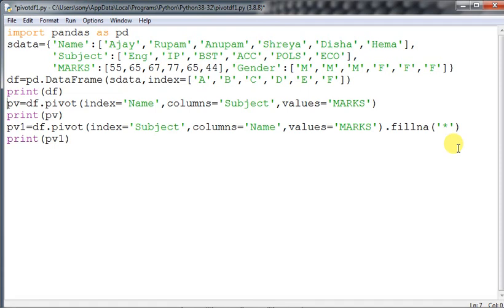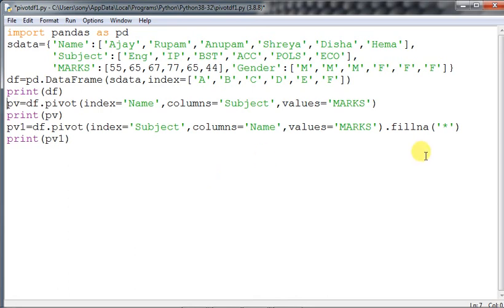As observed from the output window, a new pivot table has been created on the basis of marks. Thus the value of the marks column for each subject gets displayed in different columns of the pivot table, as we had seen in our previous example, where the values and names and the corresponding subjects are matching for records. Where no values are found, none has come. Now, in the absence of values or values that are not matched, instead of none we can explicitly give some space using the fillna method, or we can fill it with some other character.